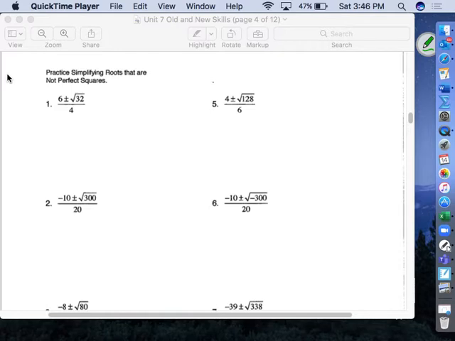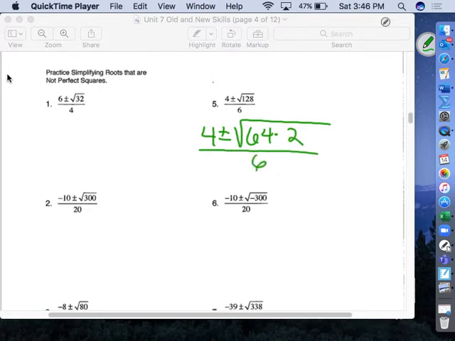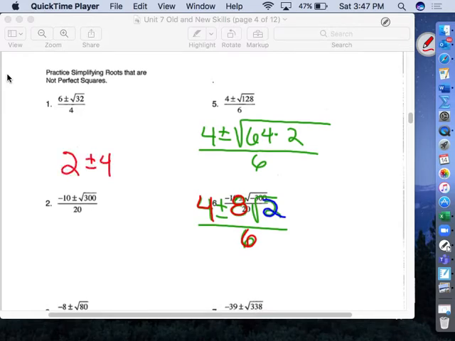So number 5, 128 underneath the radical. So I've got 4 plus or minus. 128 is 64 times 2, 64 being the perfect square. So I've got 4 plus or minus 8, radical 2 over 6. Notice that I've got a GCF in the numbers that I'm making red. They all share a 2. The 2 underneath the radical is off limits because it's not really a 2, it's the square root of 2. I remove the common GCF among 4, 8, and 6, and my simplified answer is 2 plus or minus 4,